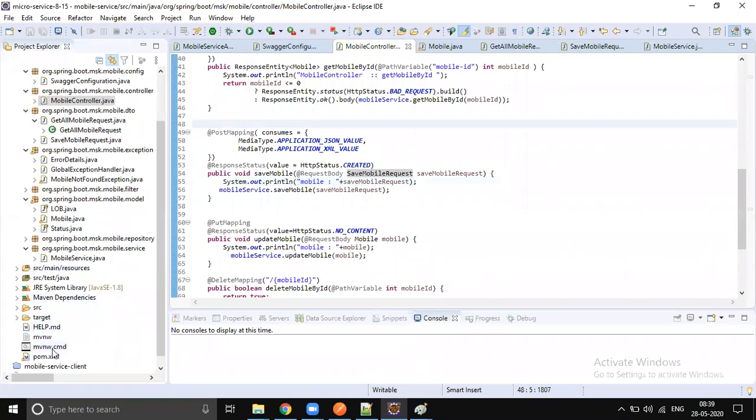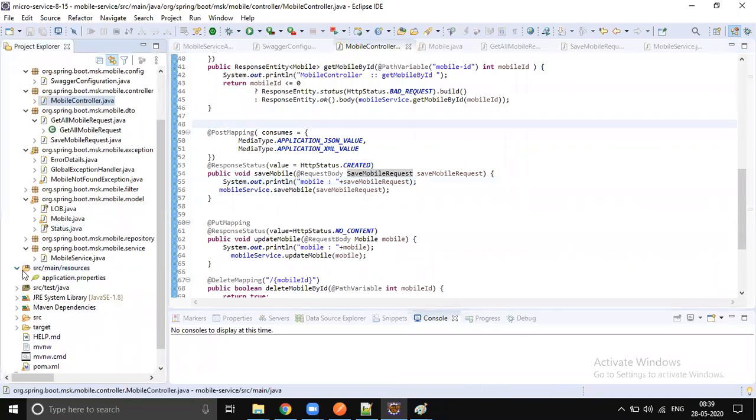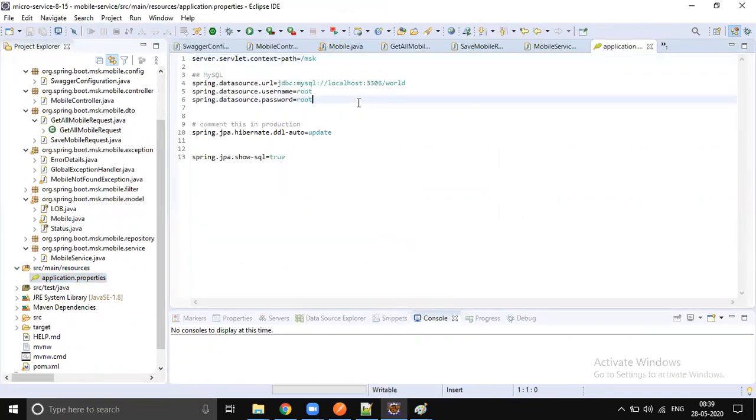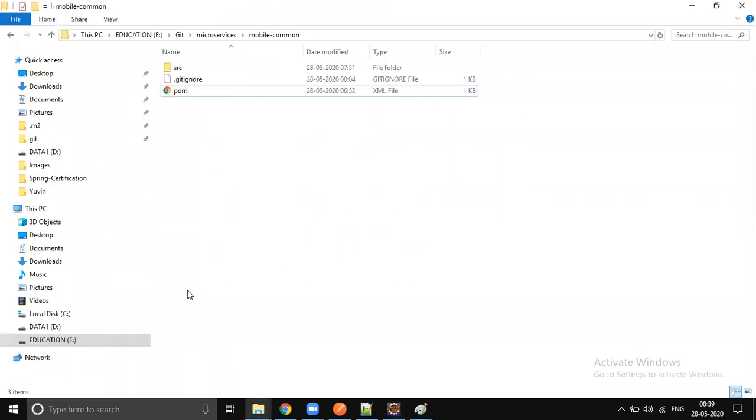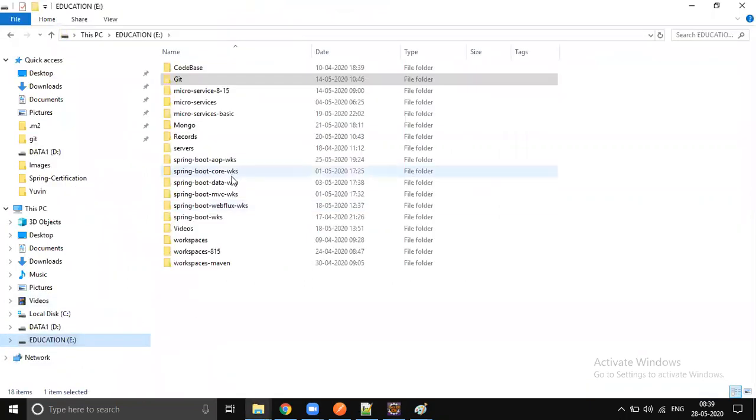Let me check why this is taking too much time. I think the problem is with the database configuration. Let's add one property; there must be one property which can connect quickly to the database.